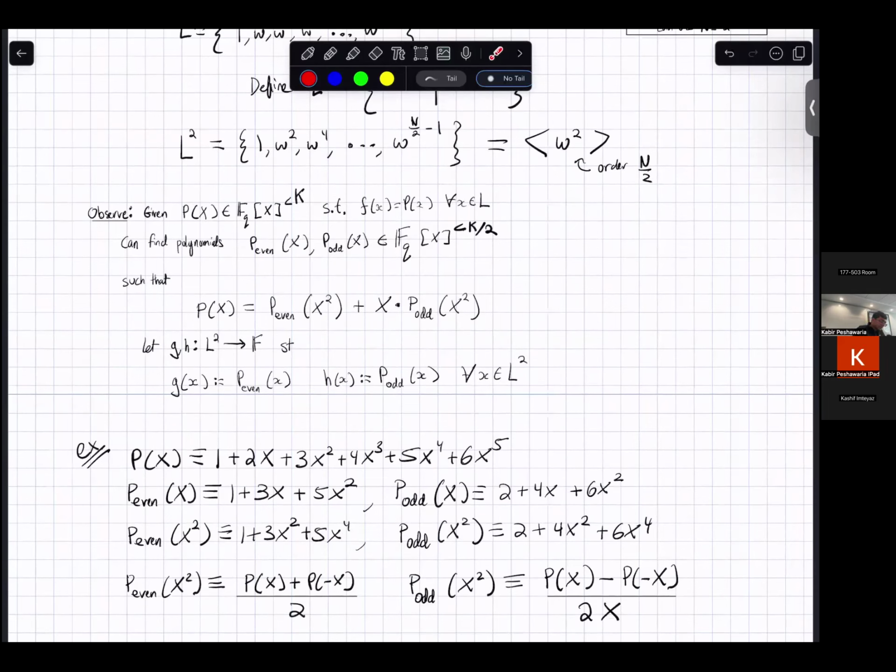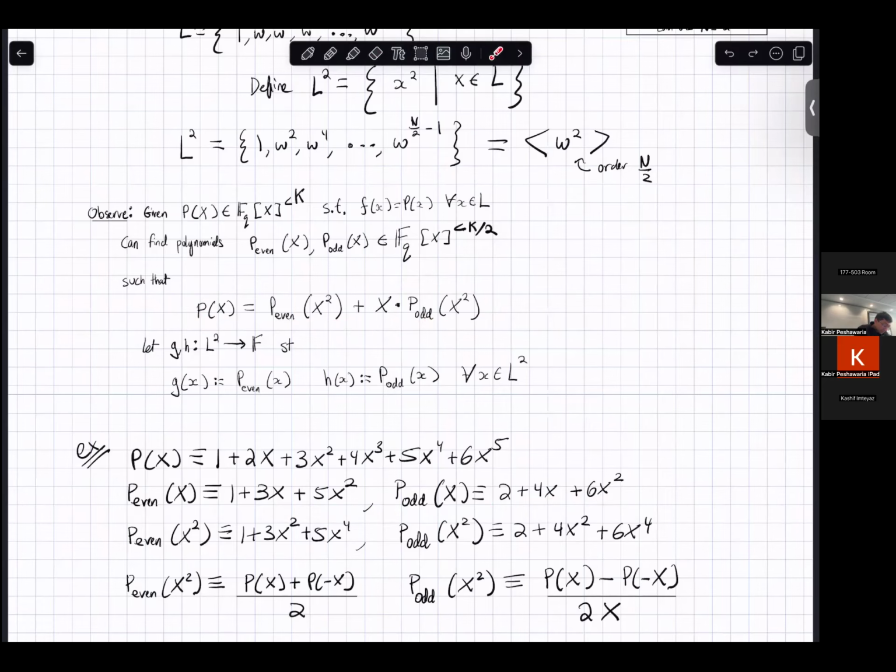Yeah, I haven't really tied this into the broader protocol yet, but it's just an observation that if we had a polynomial, we can break it up into its even coefficients and its odd coefficients in this weird way. But even and odd coefficients or exponents? Even term coefficients. When I say an even term, I mean a coefficient of x to an even power. Okay, that's fine. Even term coefficients and odd term coefficients. And this equation will be true.